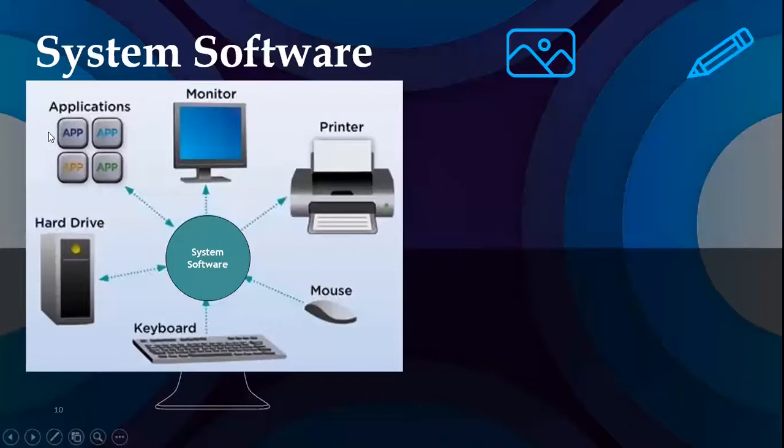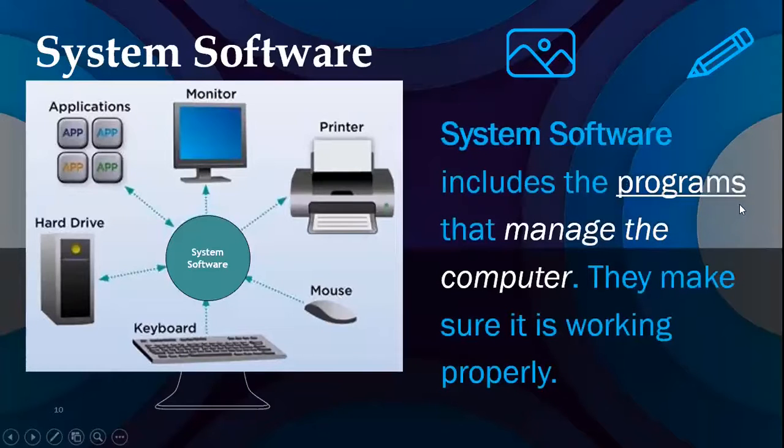Okay, system software, as you see here, is using some hardware components and software applications. If you have system software, you can communicate with the monitor, printer, mouse, keyboard, hard drive, and the other applications. System software includes the programs that manage the computer. And if you think about that,